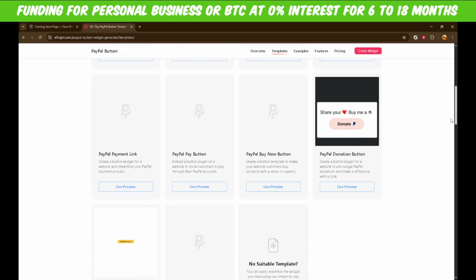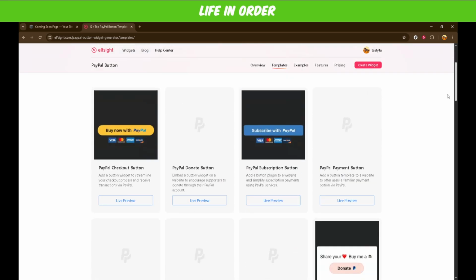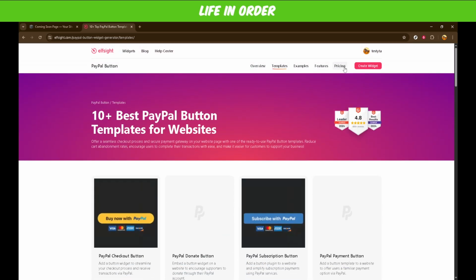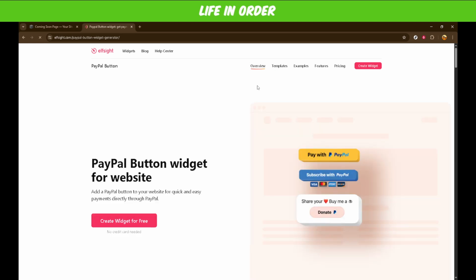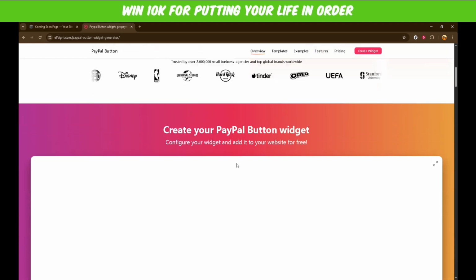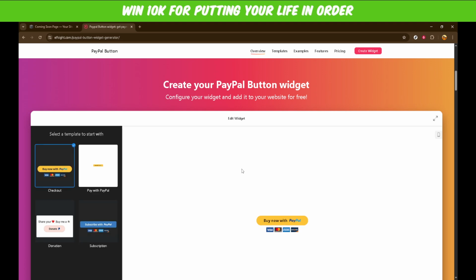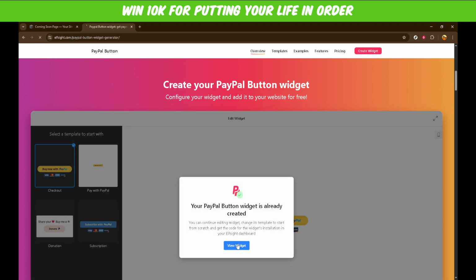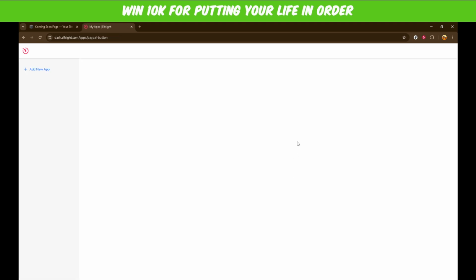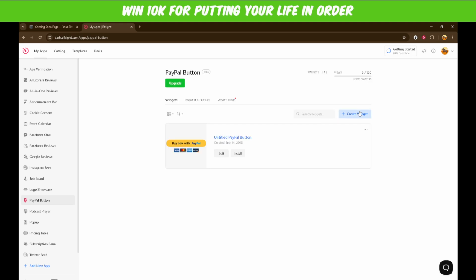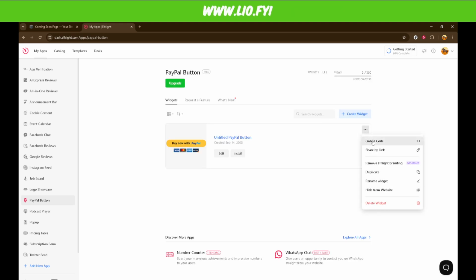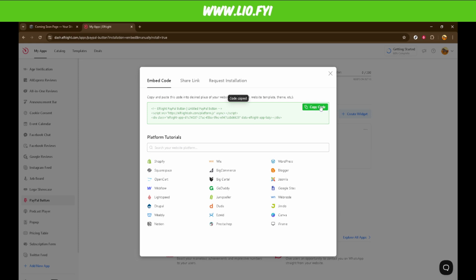With your template selected, move ahead by clicking on Publish. This is a crucial step because it generates the code needed to embed the widget on your Squarespace page. You'll also choose the free plan at this point, which enables you to use the button without any initial investment. After publishing, you'll see the Copy Code option appear. Simply click on this and the embed code will be copied to your clipboard, ready to be pasted into your